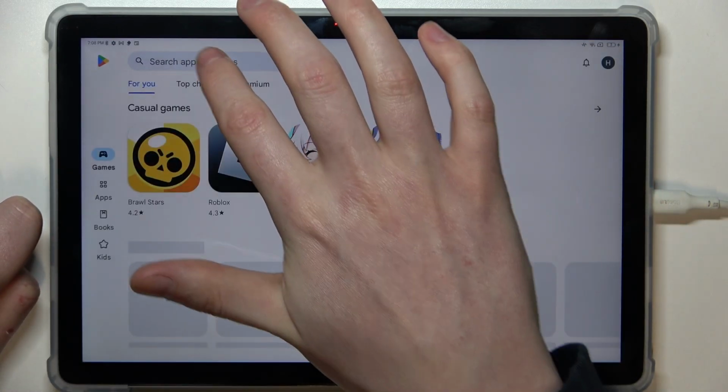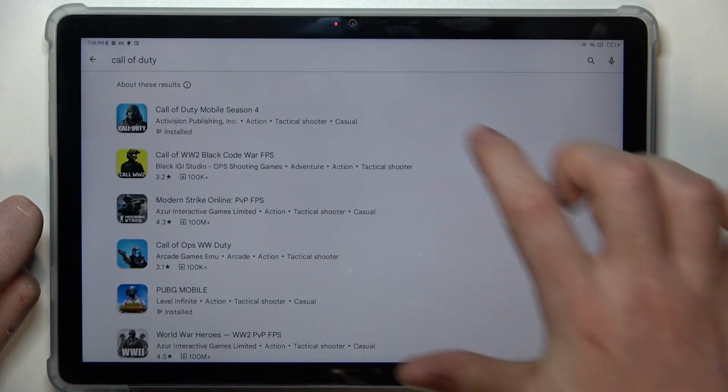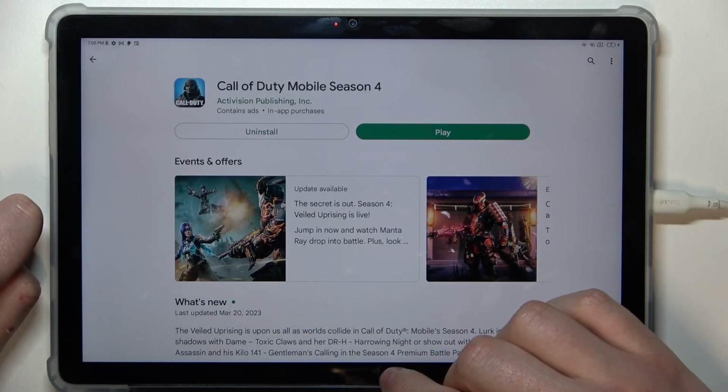Now go back. If we try to find the game again, it should be right here and we can play or install it. And that's it for this